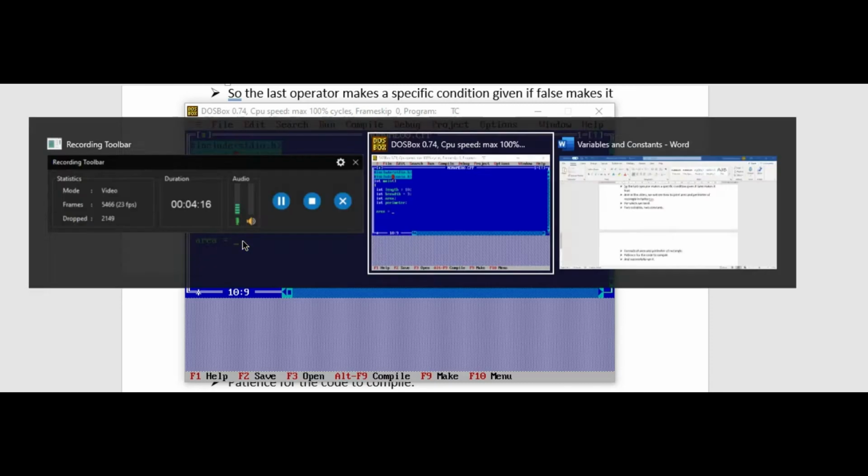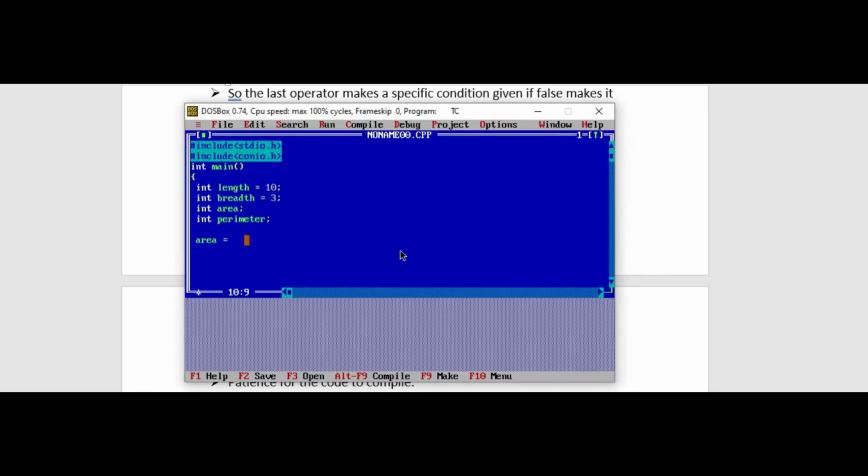Now first we will give the compiler some instruction: I'm giving it input to print, to multiply the length and breadth of the numbers given above, and then I'm giving it a function. So if we are multiplying here, then we need to write area is percent d backslash n. I'll discuss format specifiers in upcoming videos. Stay tuned.